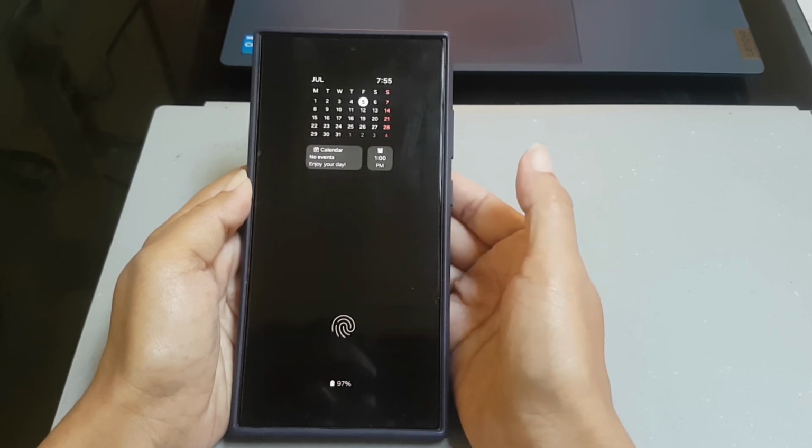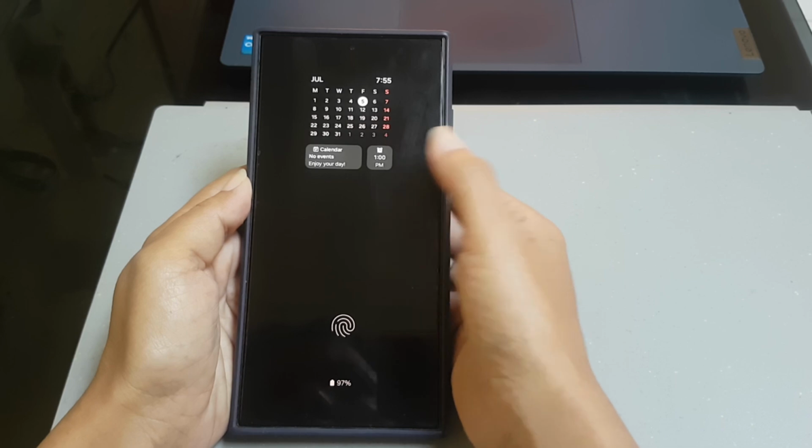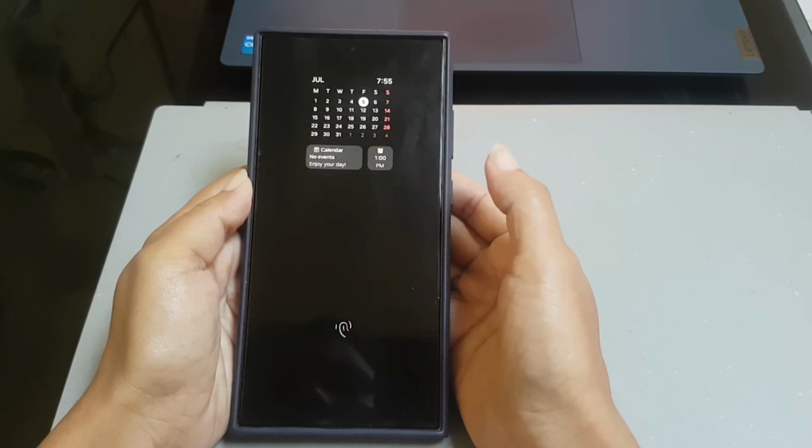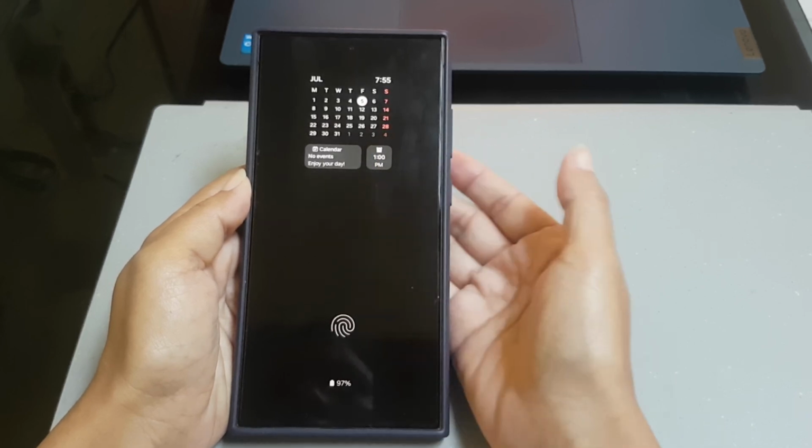You can see that now your phone is displaying your upcoming alarm on the widget bar on your always on